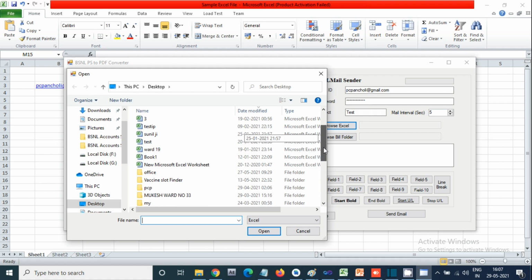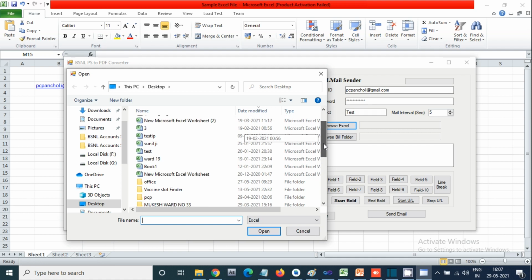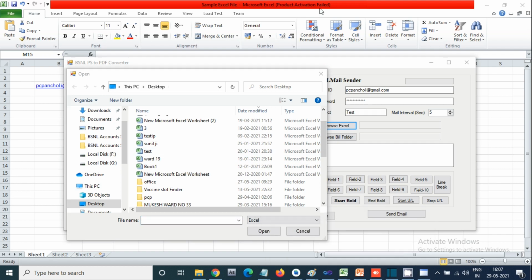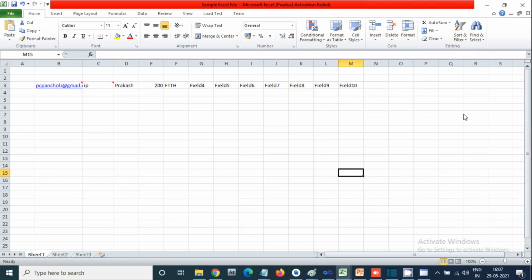This file is situated at the desktop only, and the name is tester. What is the name of that file?